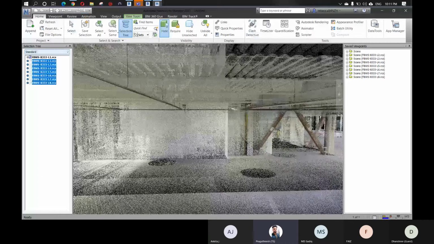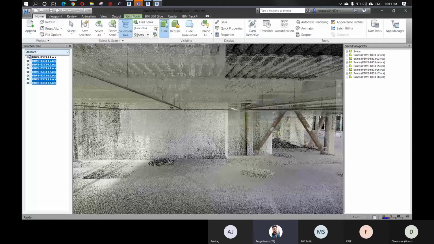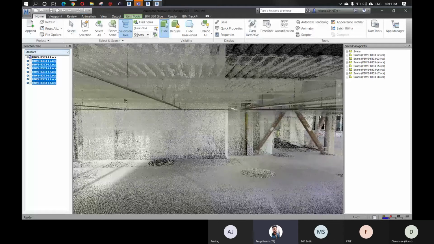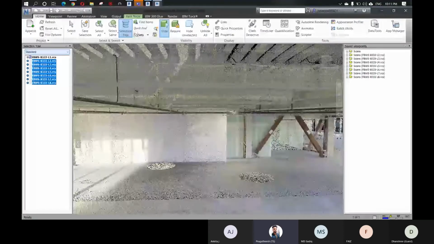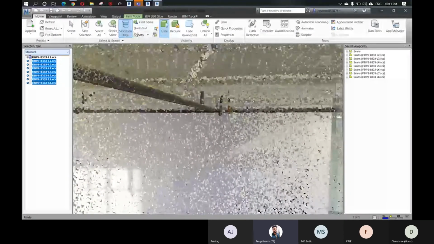Now we can see this fire pipe is going here. We can measure the distance of this fire pipe and plan that the duct should go above it or below it, but it should not clash here. Even if the duct is clashing here, we can move a little bit and check whether our duct is clashing with this fire pipe. You have to go along with your pipes and check whether it is clashing or not.